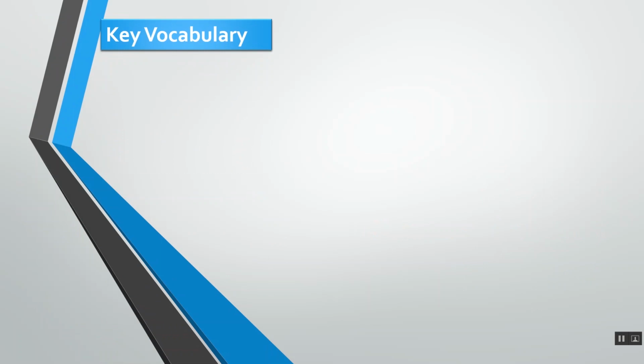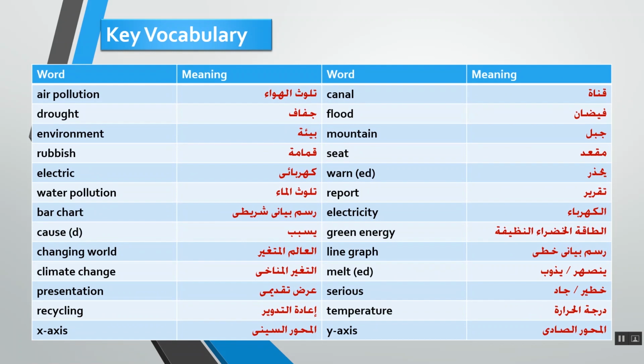Let's start with the key vocabulary. Air pollution, drought, environment, rubbish, electric, water pollution, bar chart, cause, caused, changing world, climate change, presentation, recycling, x-axis, canal, flood, mountain, seat, warn, warned, report, electricity, green energy, line graph, melt, melted, serious, temperature,